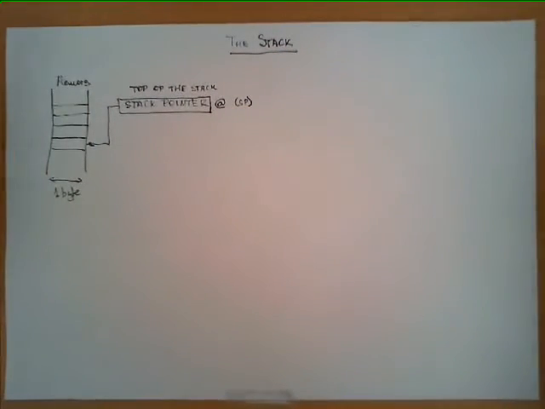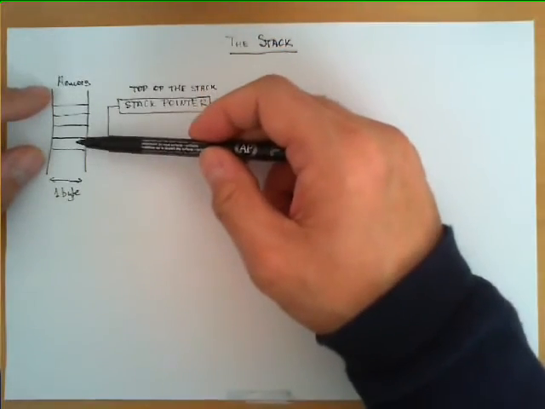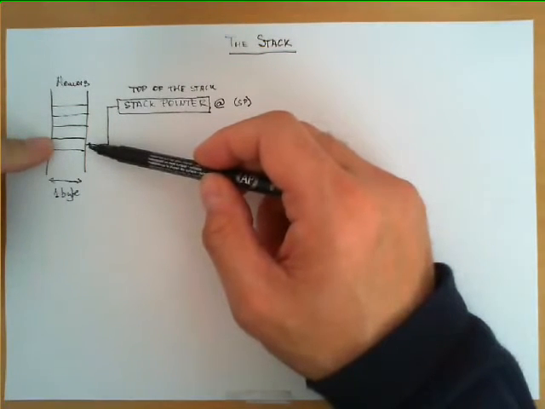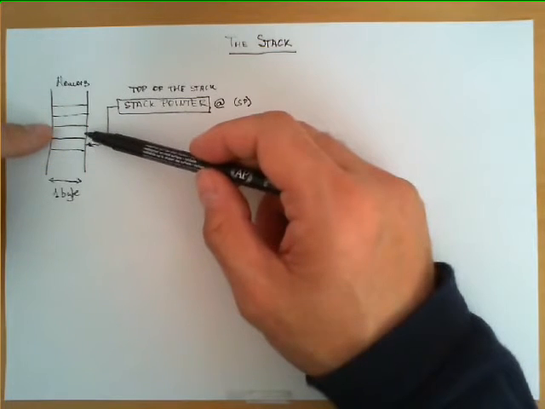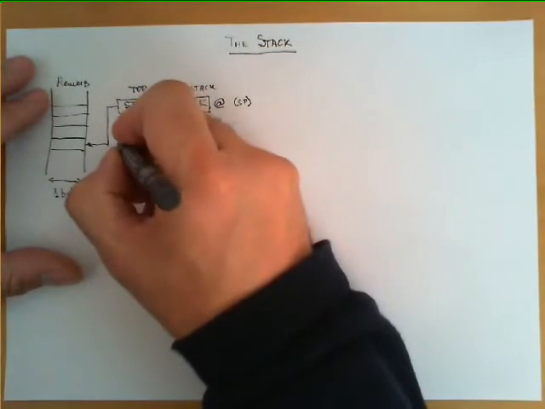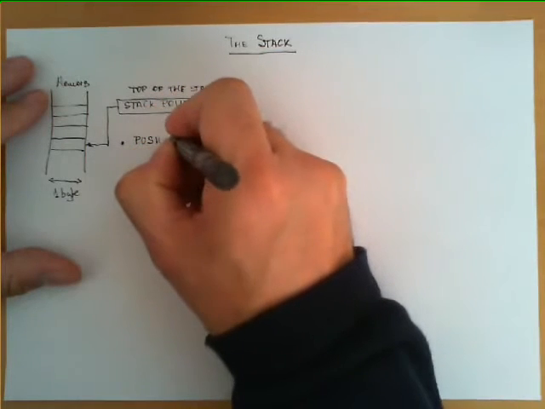Now the mechanism here is very simple and it works as a regular stack. I have memory in which I can store data, and I have a register with an address that points to the top of the stack. The two operations that are allowed in this construction are putting things on top of the stack or removing things, in this case data, from the top of the stack. So the two instructions are push some data,